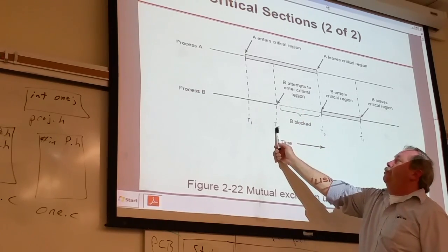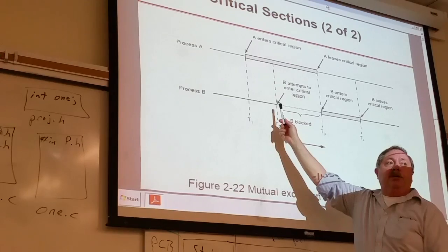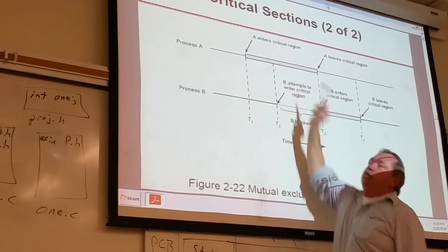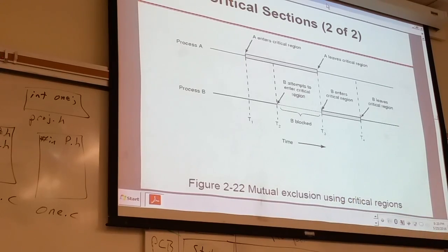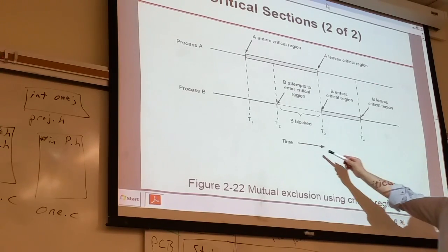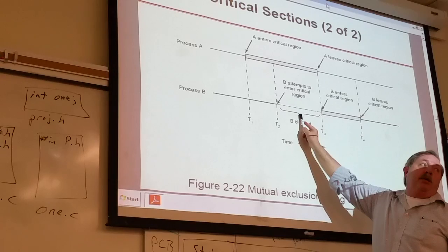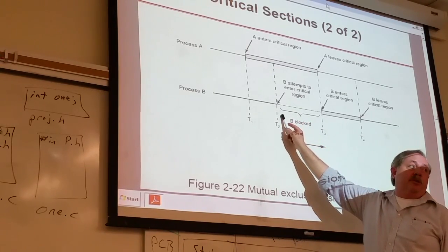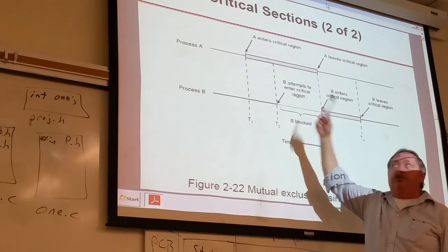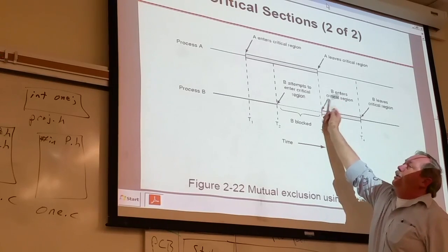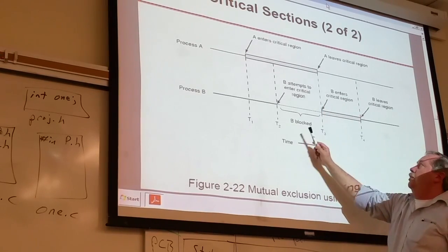Sometime later at T2, process B says, oh, I need that critical section. Well, guess what? Right now, there is already a process in its critical section. So to support mutual exclusion, I'm going to block process B. Mutual exclusion says only one process may be in this critical section at any given time, right? Yeah, you knew that. Okay. So it's going to wait,